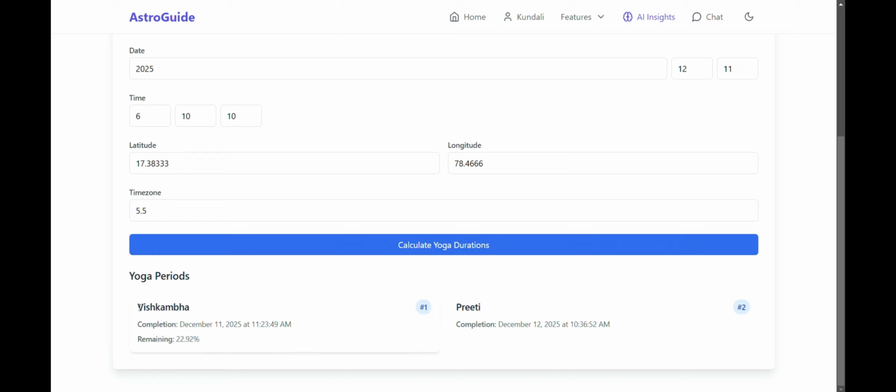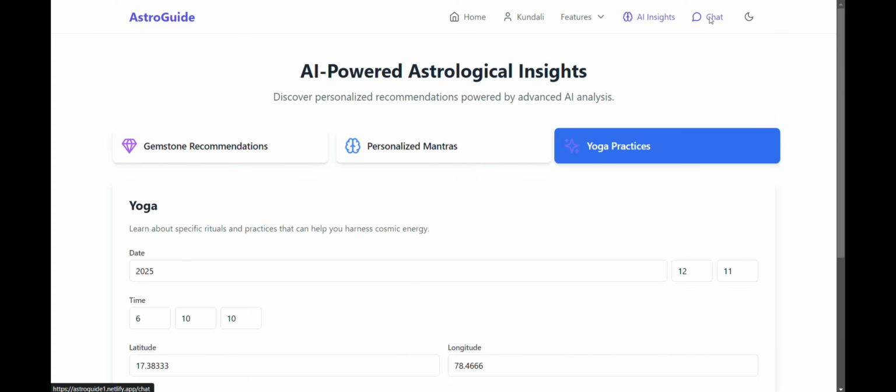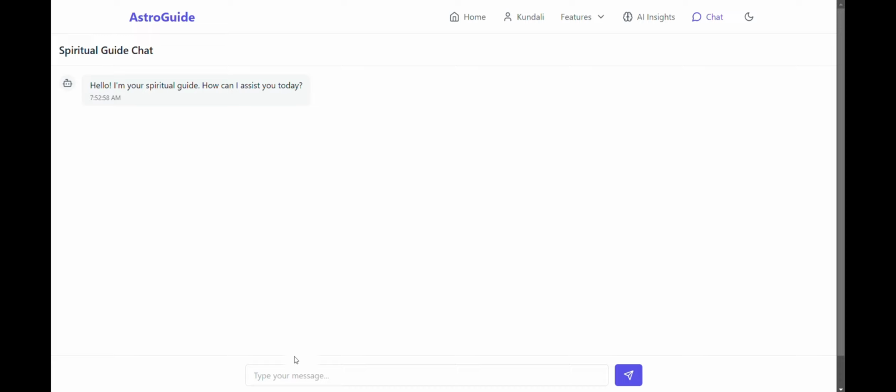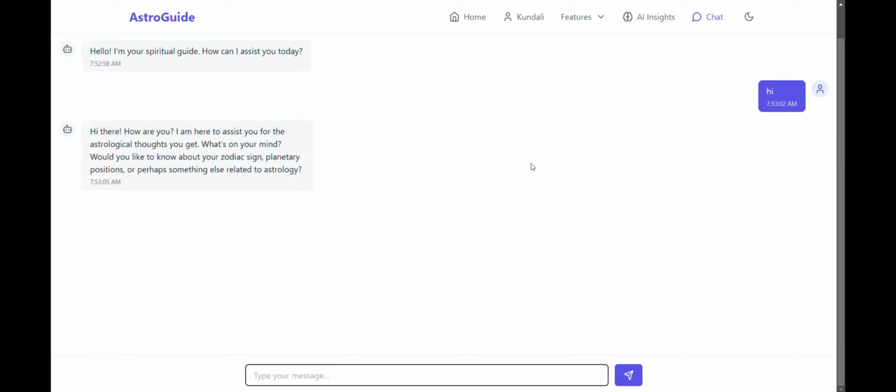So as you can see, it gets changed. Vishkambha, remaining is this, and okay, this was your yoga practices. Let's visit chat once. Okay, so this is our basic AI chatbot which we integrated in this. So as you can see, we provide the real-time insights. You can also ask some questions like,